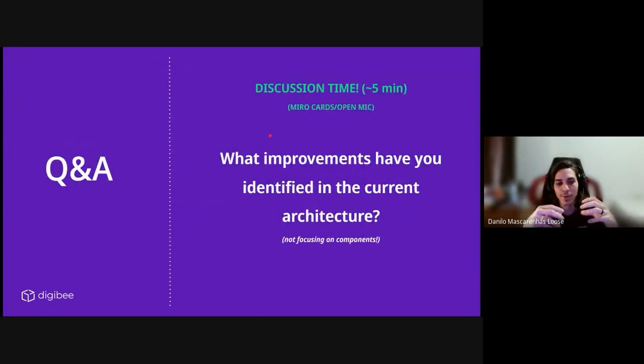And I want to invite you to understand what improvements have you identified in the current architecture. And when I mean the current architecture, I mean not focusing on components configuration, is what can I do, what can I build, another pipelines or another architecture that can improve my integration.